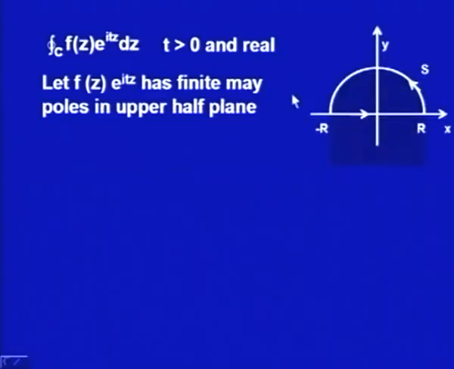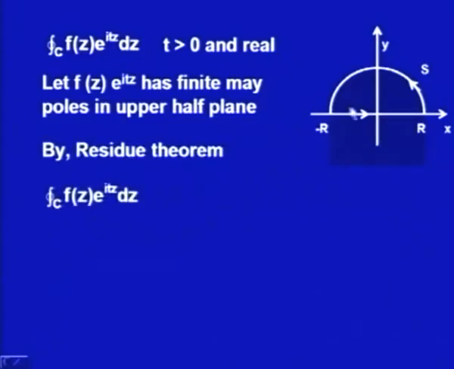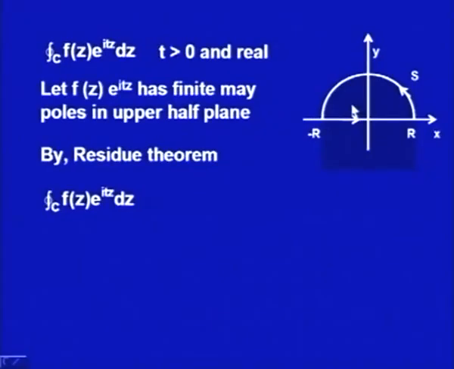So, we are having the poles in the upper half plane. By the residue theorem we could say that if I take this integral on the closed contour, and we choose this semicircle such that all those poles are inside this circle, then interior to this closed contour C, by the residue theorem we could say